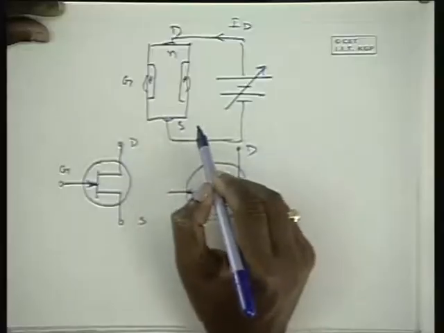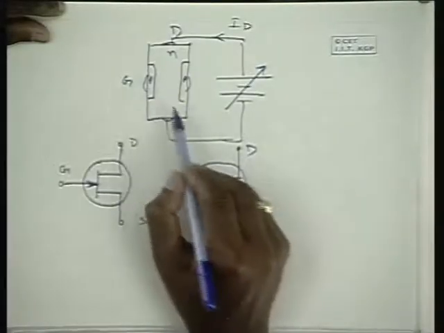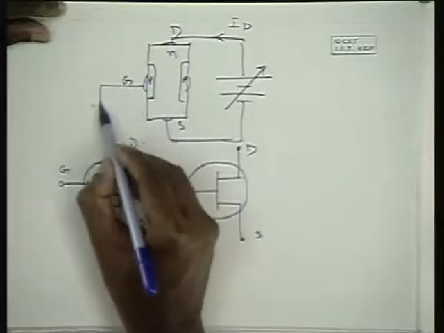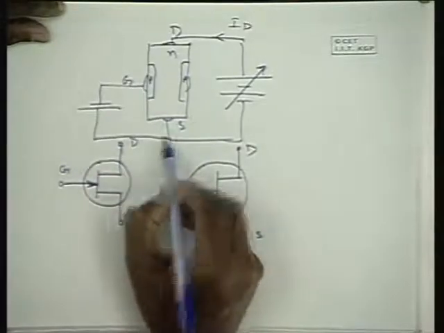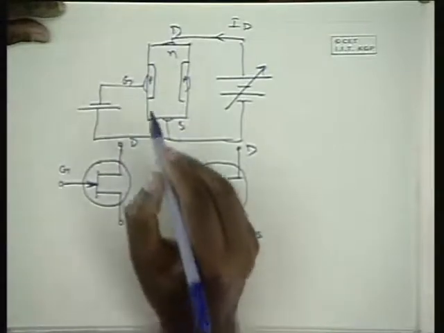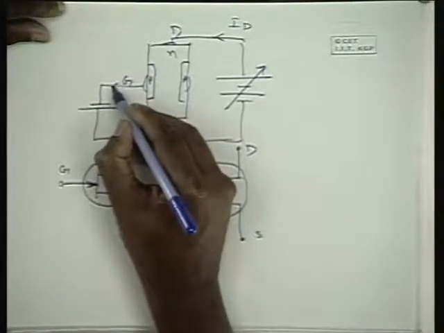As I mentioned earlier, we operate the FET, the gate, in the negative potential. So VGS equal to 0 is the highest potential we apply. Usually we operate it in the negative voltage region. Hence, the gate to source and the gate to drain PN junction is reverse biased. Since it is a reverse biased PN junction,